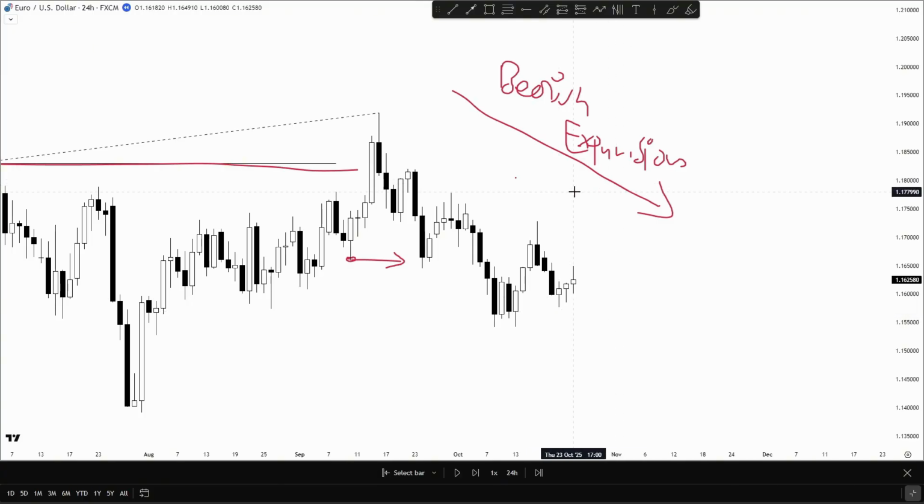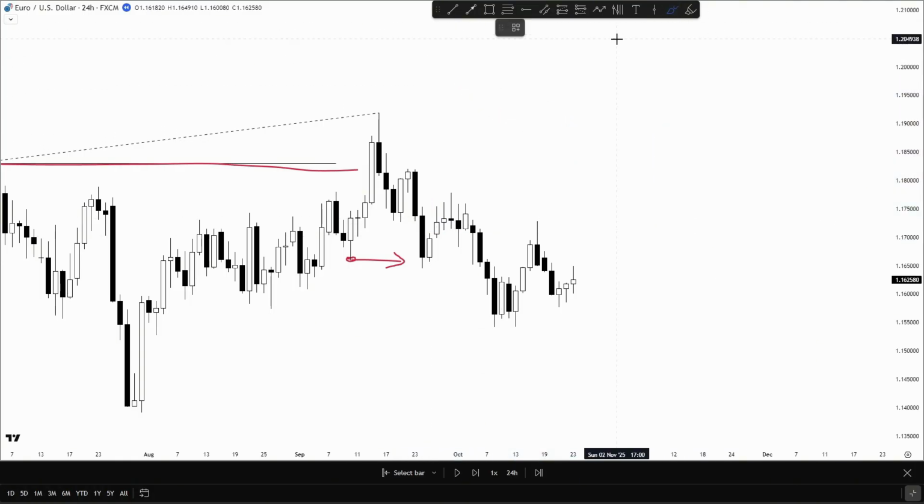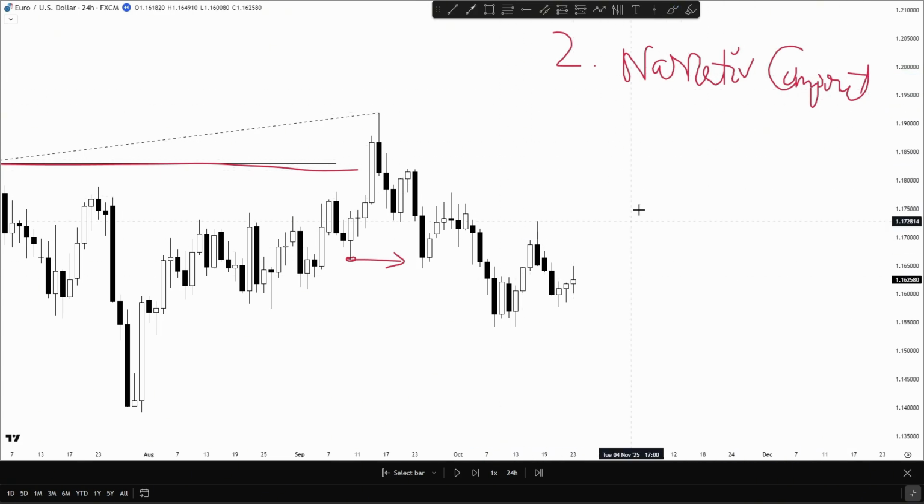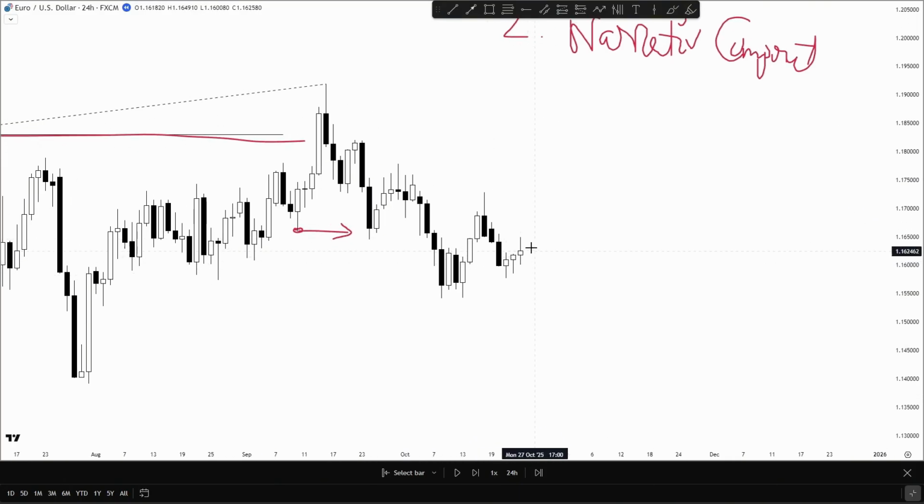If you watch chapter 2, then you know that this is done. We establish that, or we determine that with the help of what? With the help of the second component, or the second step, which is the narrative component. We do that through the narrative component. Okay, so now I'm going to use the ideas within the narrative component and help you understand how I established a directional bias from that bearish directional idea that we built earlier,